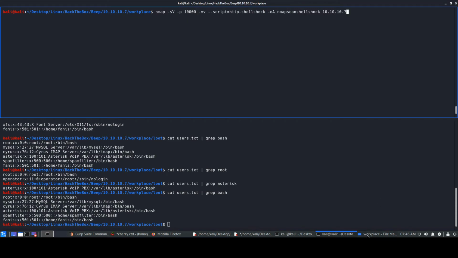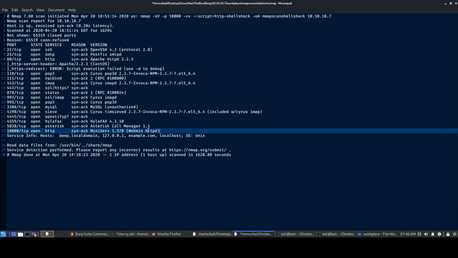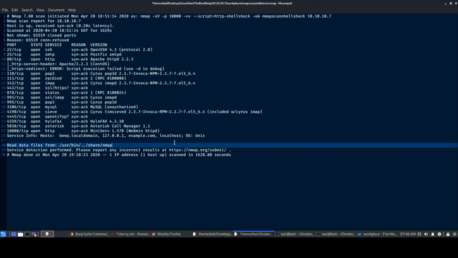I don't want to run it because, as you guys can see, I've already executed the scan and it did not give me any vulnerability over here. It just says normal scan, it did a service scan. It did not find any vulnerability. So this is another reason why you don't have to focus mainly on these vulnerability scanners, because there will be multiple vulnerabilities present which can be exploited manually.